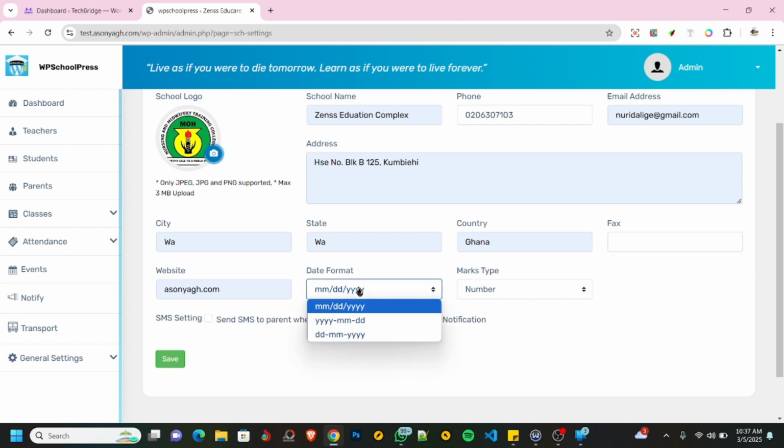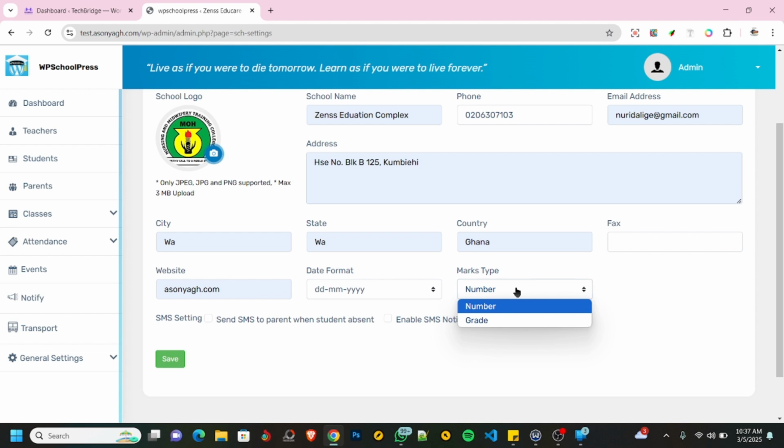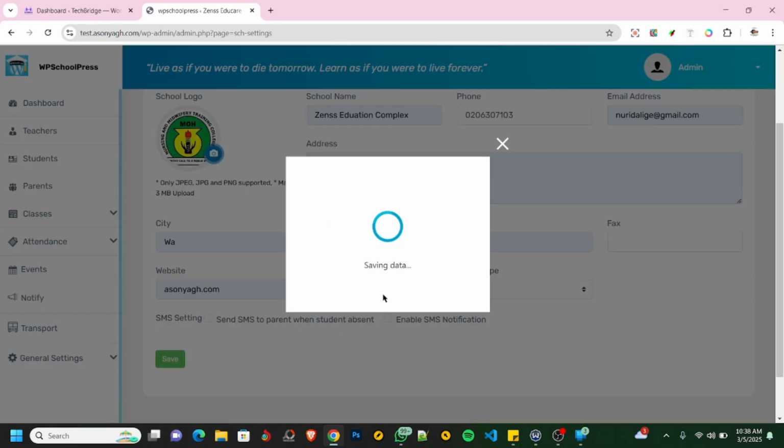the date format that you want the system to use. Do you want month, day, year, or day, month, year? So I prefer day, month, year. I'll just take this one. So the mark type should be numbers or grades, so use grades. So do you want to enable SMS to parents when students are absent? So you can click, or SMS notification. But all these ones are premium features, so you only have access to it when you pay. So we just save, and then